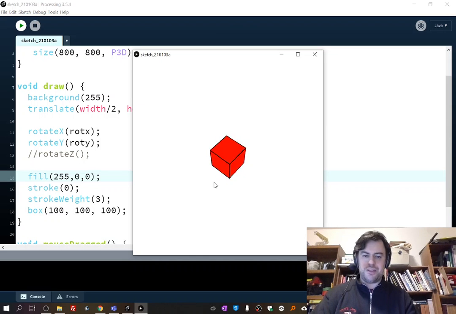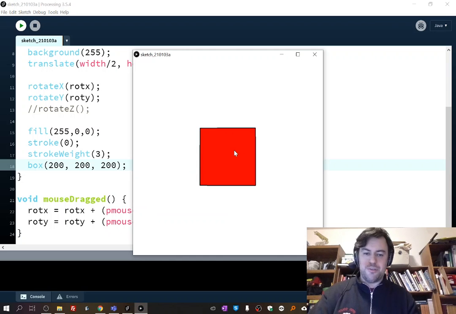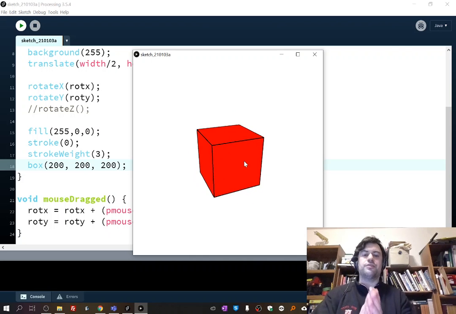So I can manipulate this and move it around and see it in 3 dimensions. That's nice. I guess I could increase the size as well. Maybe that'll be the last thing I do before pausing the video and moving on to another one. So here we go. That's a little bit bigger, and now it's really nice and we're able to see this as a viewing thing. Looks good. All right, so we've created ourselves a simple box in 3 dimensions that we can maneuver